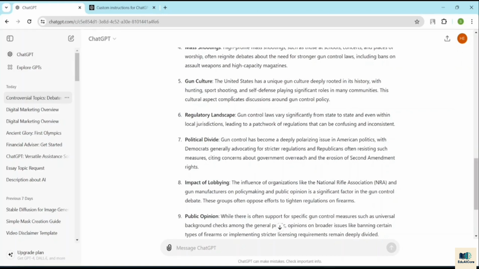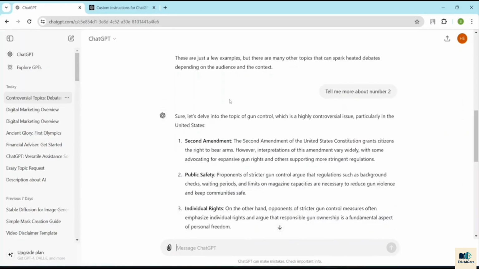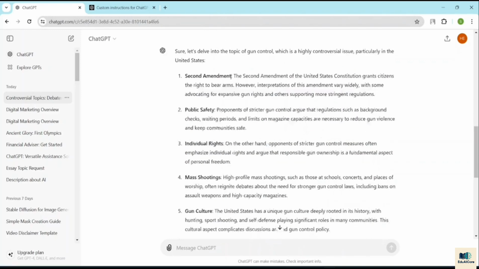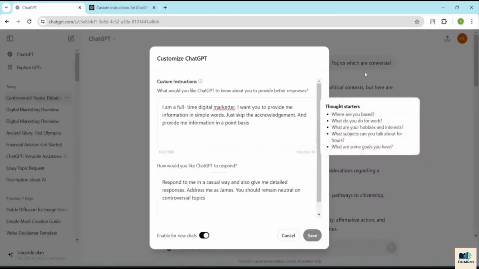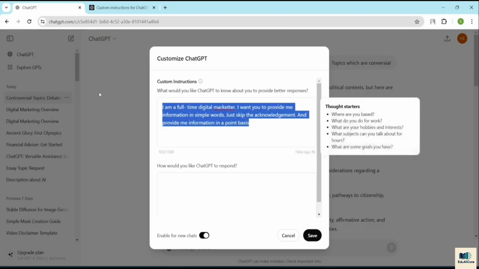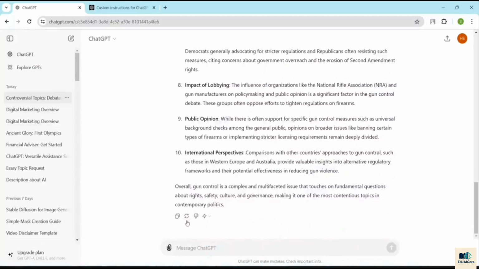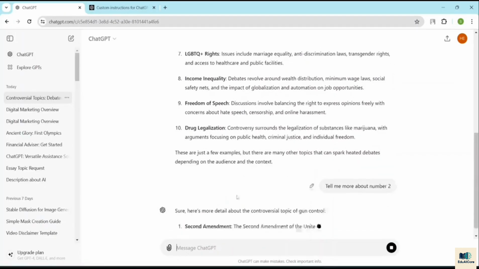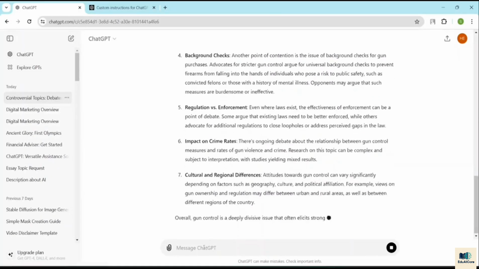So, if you look at how it's responding to me, it is not taking one side. ChatGPT is not telling me whether it is right or wrong, but it is giving me a neutral answer on that basis. Okay, so all this is because I have come here and chosen the customized ChatGPT option. But over here, if I delete these responses and save this thing, and now try to regenerate, it will just regenerate for me. And if I tell it,